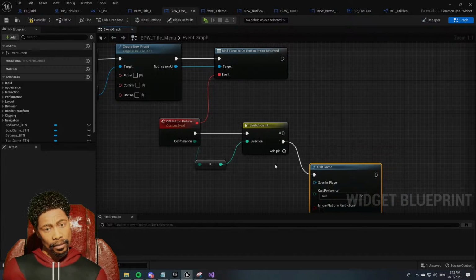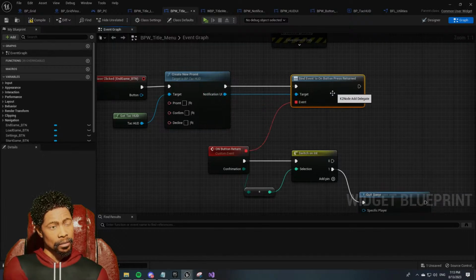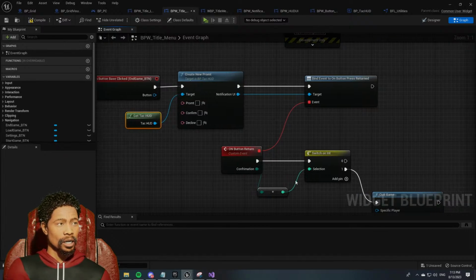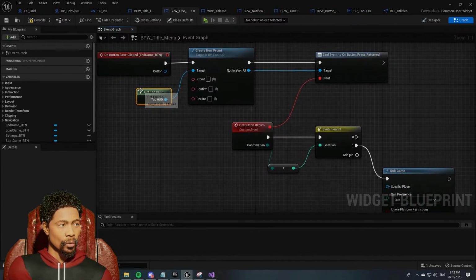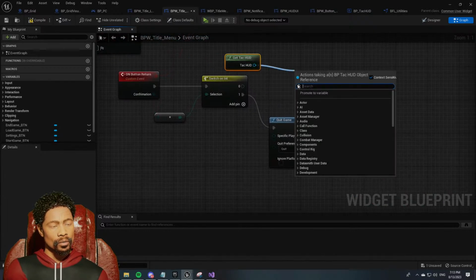One is for something else. So we will want to